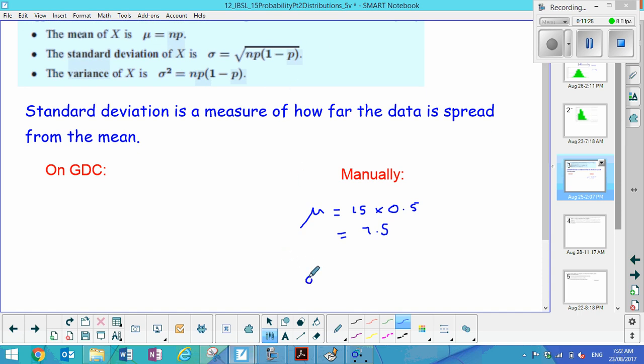So the standard deviation sigma is going to be the square root of the number of trials, which is 15, times the probability of success, which was 0.5, times 1 minus that, which we also can see as 0.5, but I'll write it in to show you what we're doing here. And then calculate that in your calculator, and it comes out at